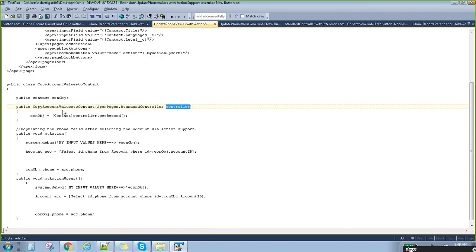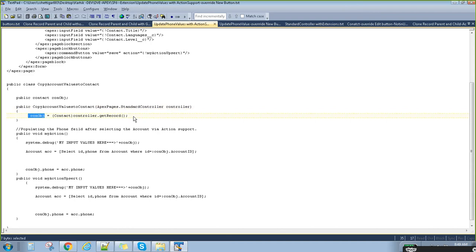To retrieve the value and the ID of that particular object, that is, to get the ID of that particular contact.